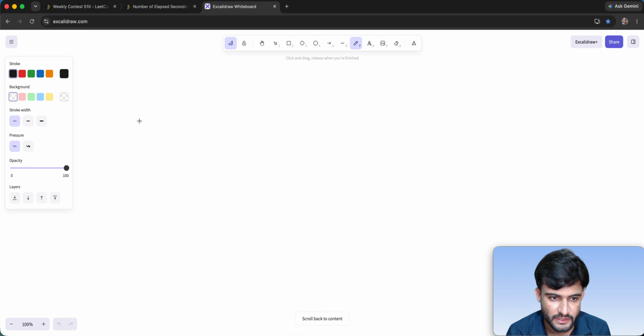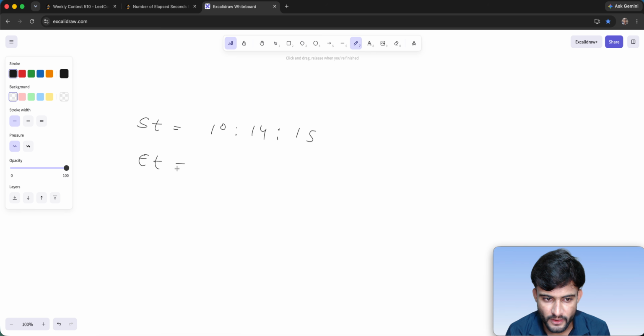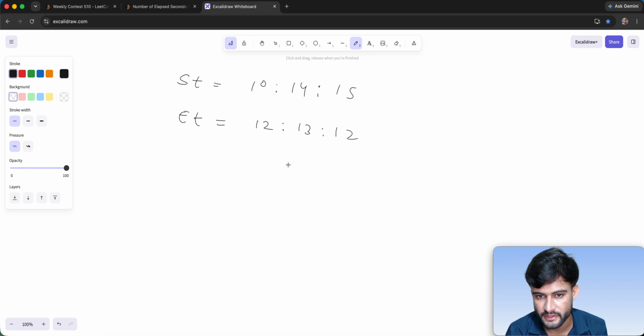Let's say your start time equals 10, 14, and 15. And let's say your end time equals anything, for example 12, 13, 12. So how will you find the number of seconds between these two times, right? To find that, what you will do is,